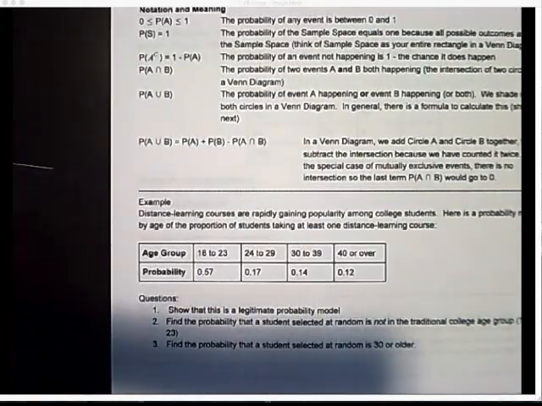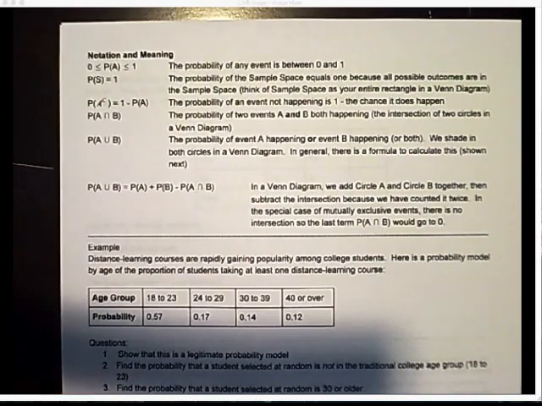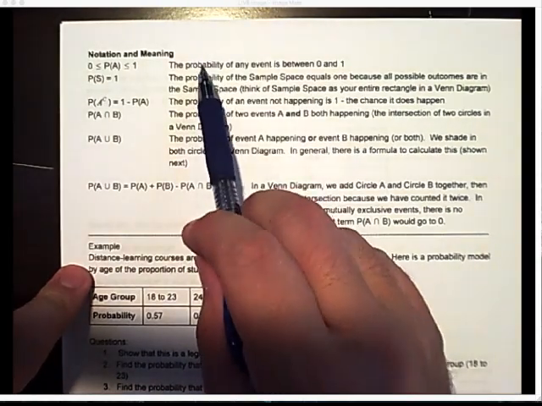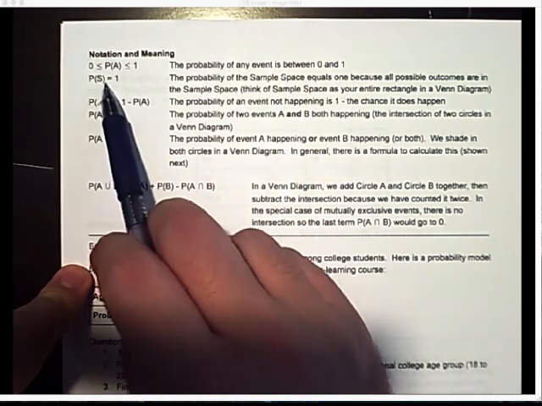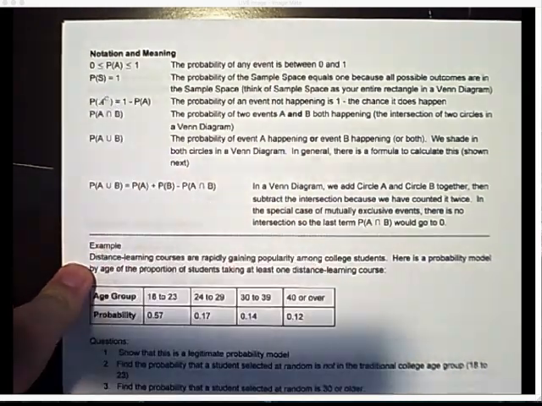Right. On to the next page. Some notation. We already talked about this. The probability of any event is between 0 and 1. The probability of the entire sample space equals 1. So,